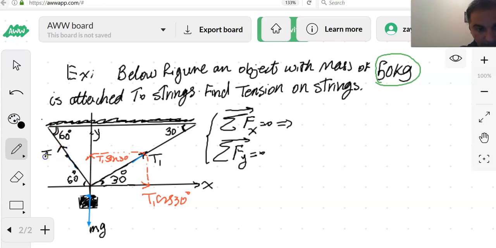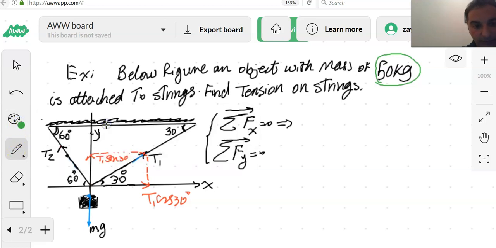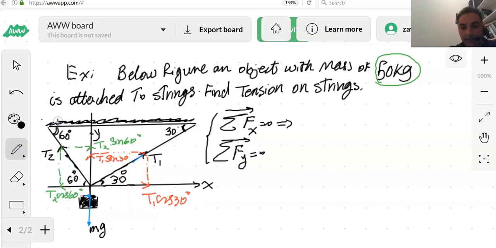So this is T2. Okay, now let's verify forces. I go with green color for this one. So this will be T2 cosine 60, and this will be what? T2 sine 60. Am I right? So guys,